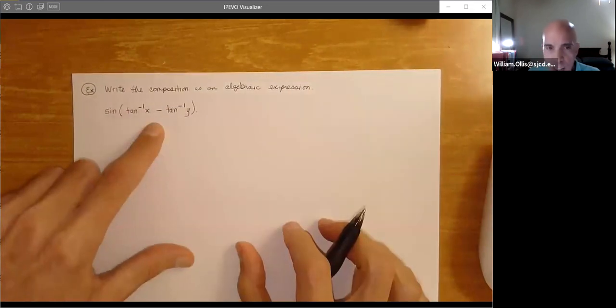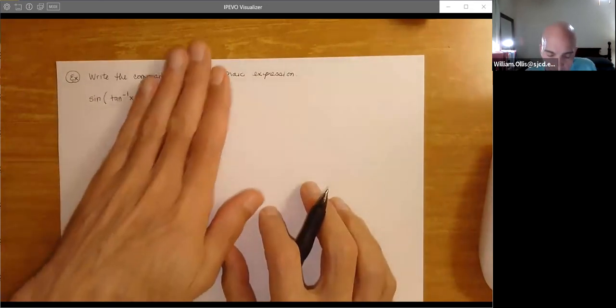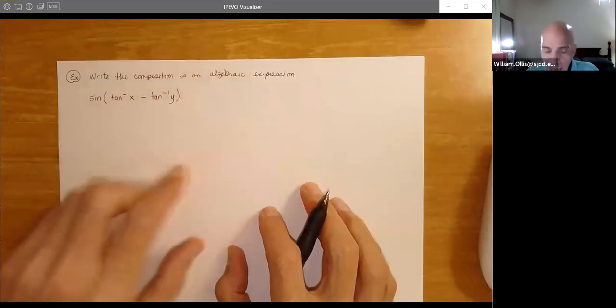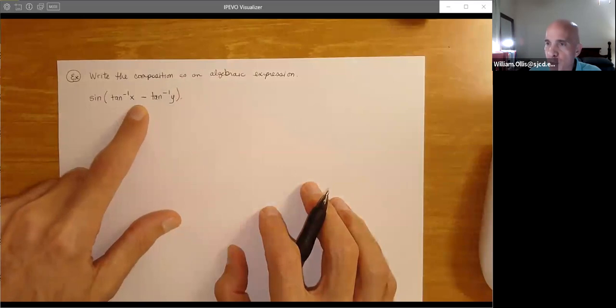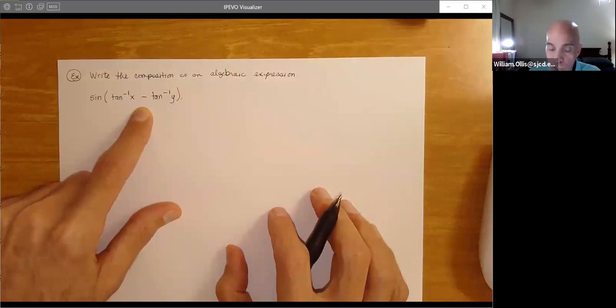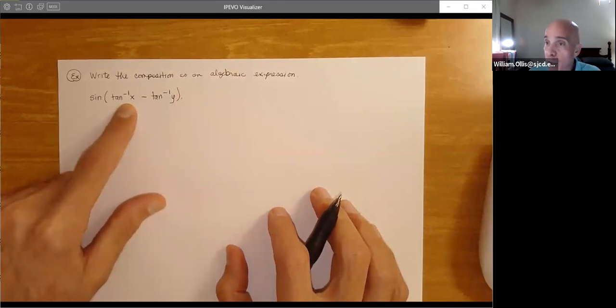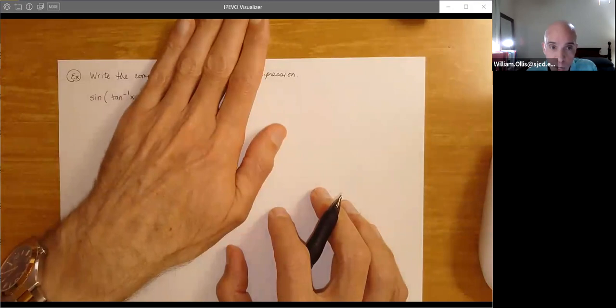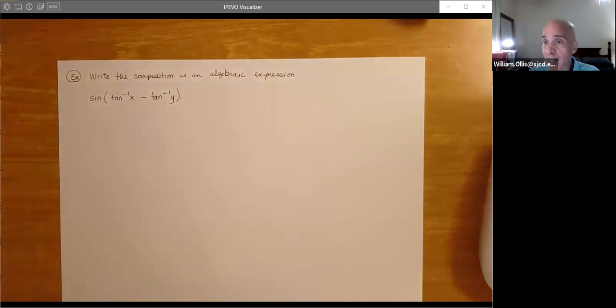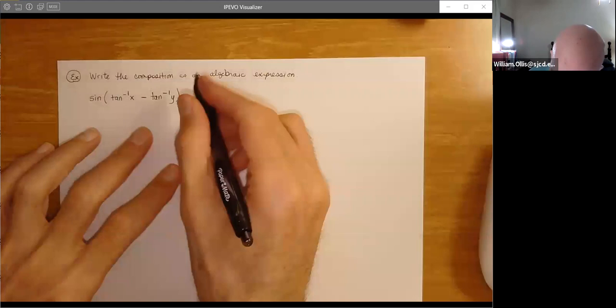Now, when you look at this, ladies and gentlemen, you're thinking that if it just stopped with that, that's what you've been doing. But now that you have the difference formula for sine, there's nothing that's going to keep you from being able to do an algebraic expression. It's just now you have two triangles. So before you just had one triangle, now you have two. And of course, you can do these all with Pythagorean identities, but I would be the first to say the triangles are very user friendly. And as long as you keep up with the signs, there's no problem with it. So here's how we can do it.